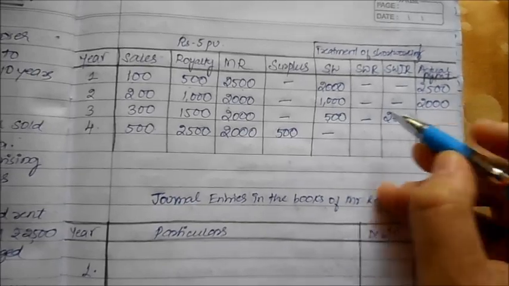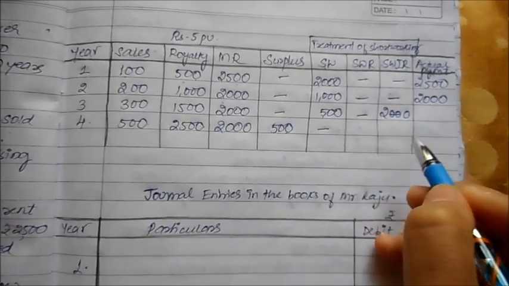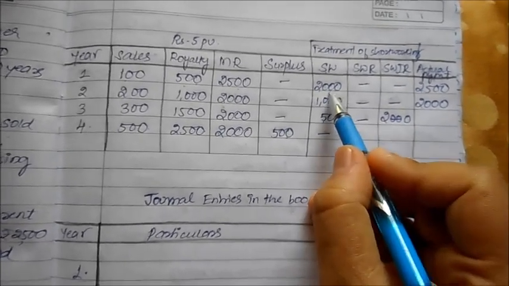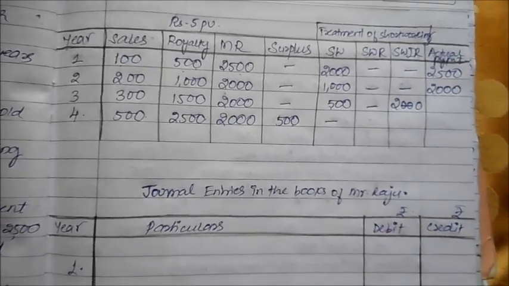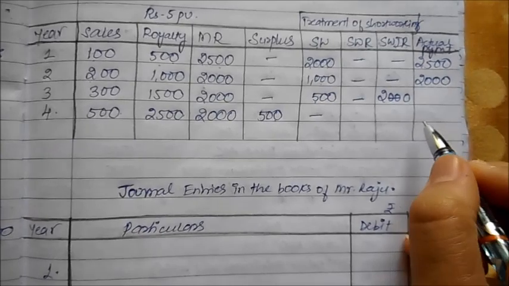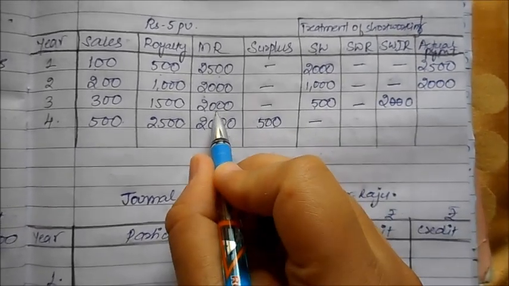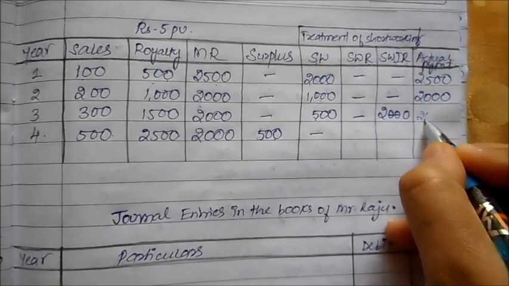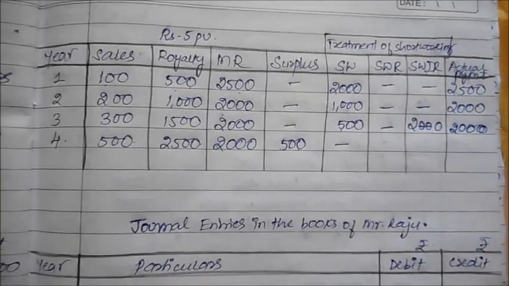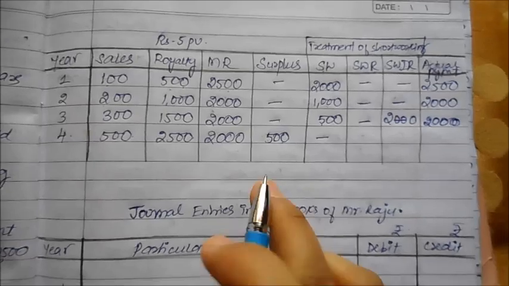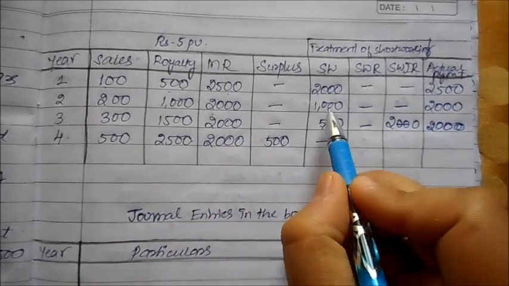By the end of the next 2 years, this amount will not be recovered, so I will not have the privilege of taking this amount back again. That benefit is lost to the user of the asset. Now what exactly is the amount that we are going to pay with respect to minimum rent, so we will write 2000 here. Okay, so going to the next one, since we have surplus,